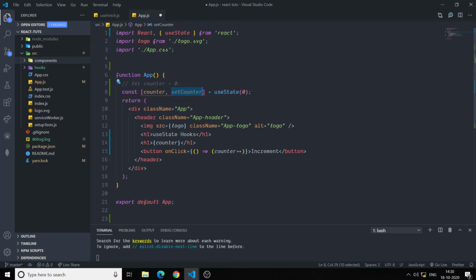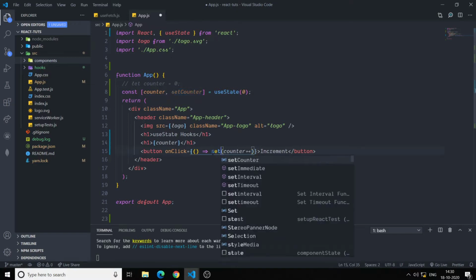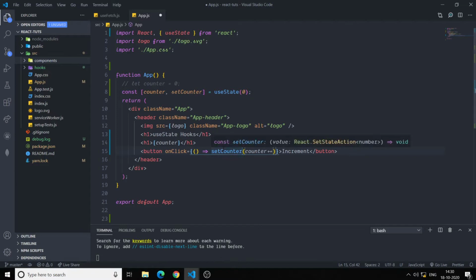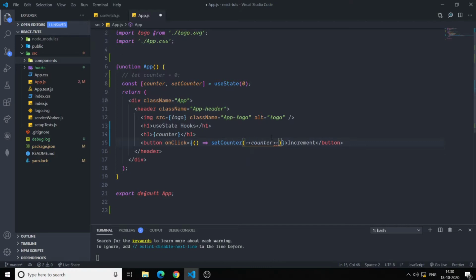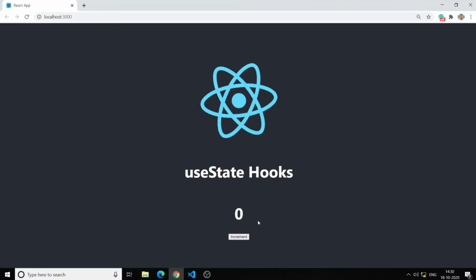So we can simply replace this with setCounter, and add ++counter, because we want to first update and then give the value. By just doing that, we can add the state functionality to our app.